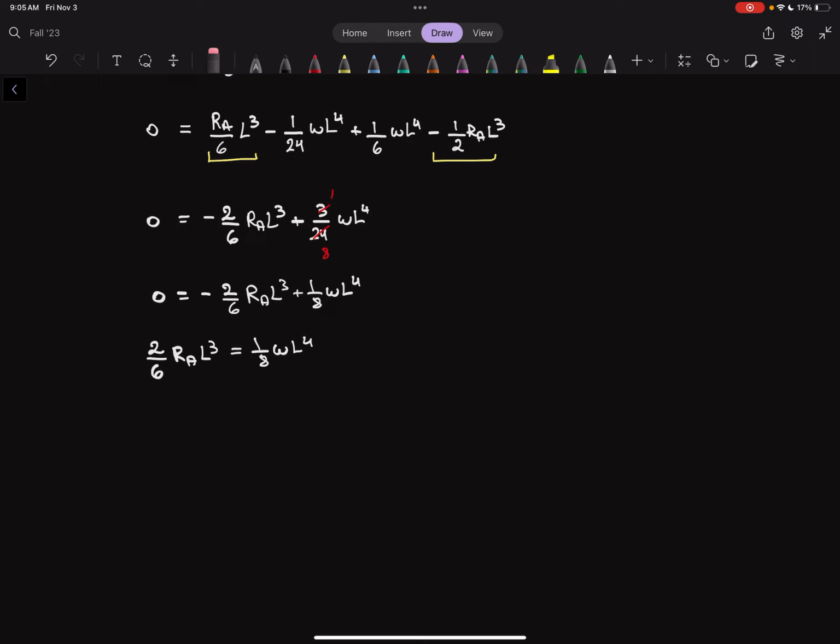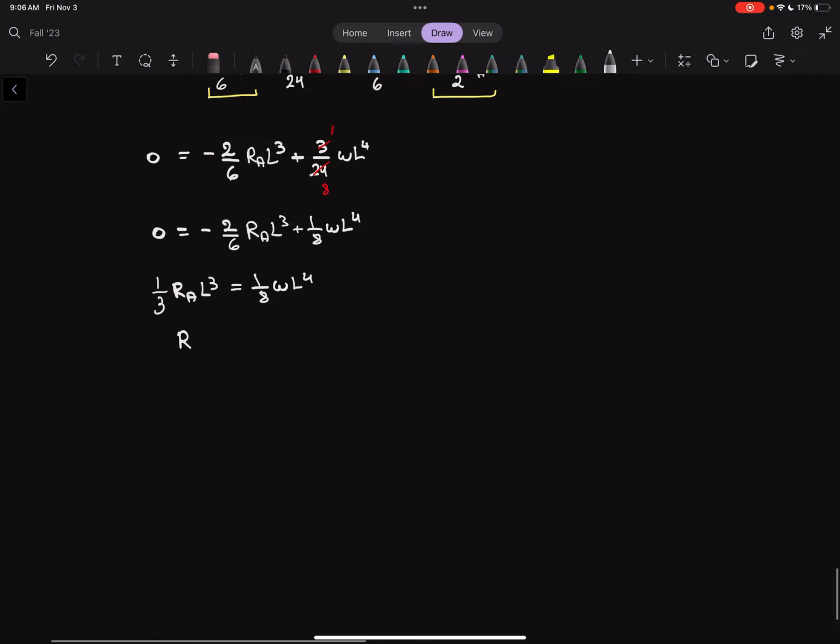So we had 1/6 minus 3/6, or just negative 2/6, which is negative 1/3. So that's 1/3. And so now we can say our RA is equal to 3/8 W, and then